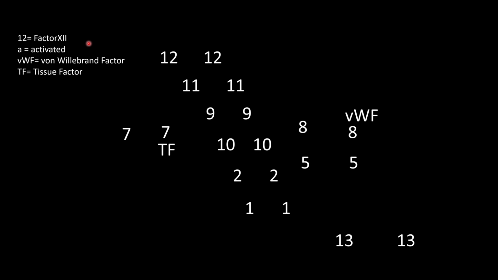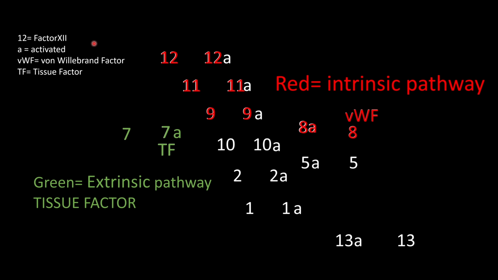The A stands for activated, which is all of these guys right here. Activated means that it can now do its job, and most of them are activated by a factor further up. That's why it's called a cascade. Mind equals blown. Here are the two different coagulation pathways, intrinsic and extrinsic, and they come together in the common pathway. The goal of all this craziness is to make a fibrin mesh, aka a blood clot, so you don't